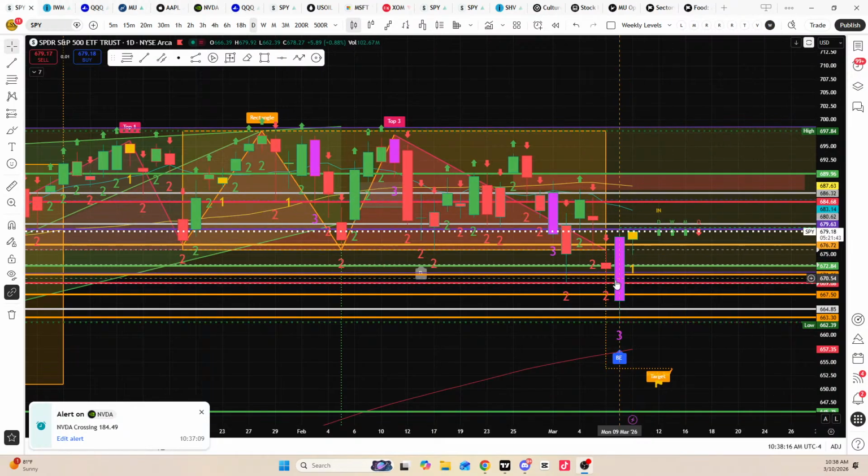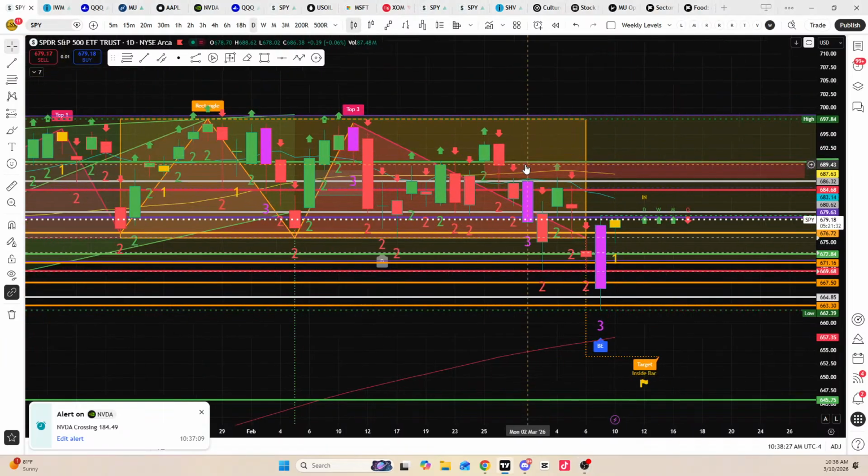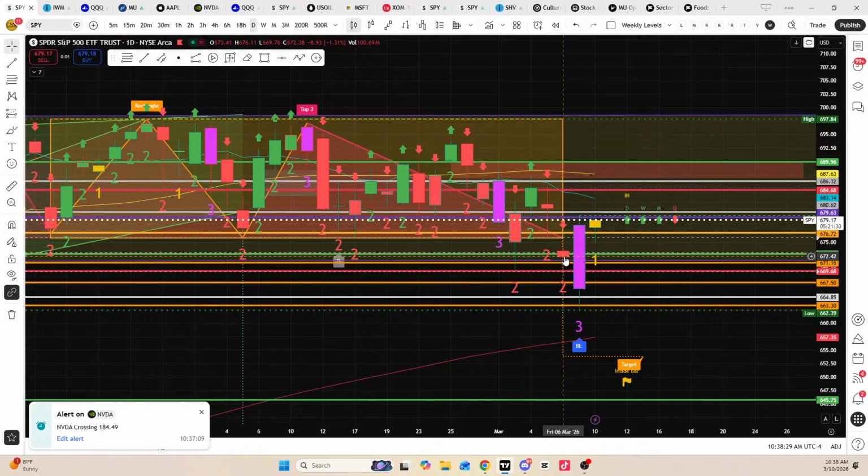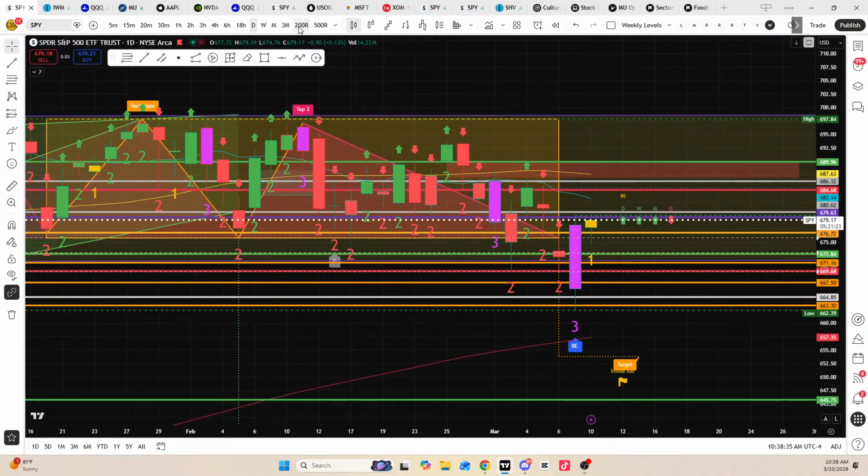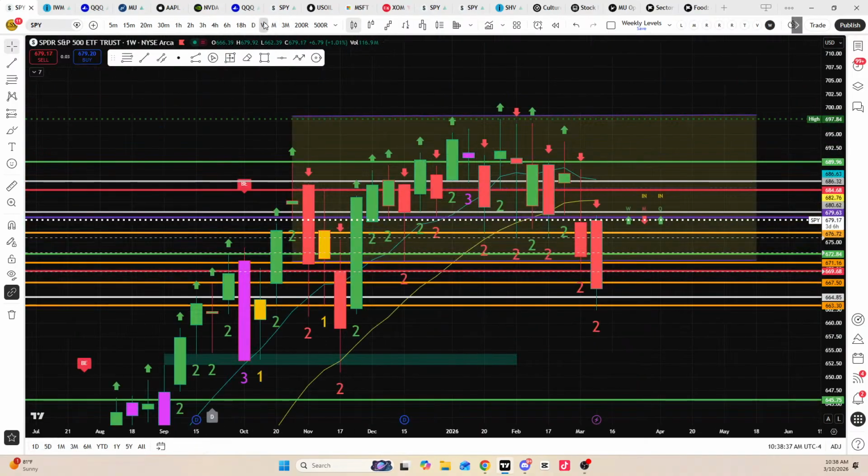This little bounce right here, this big old 3 bar you see right here, we were all the way down here. We came all the way back up after that tweet. And this is where we are now. Let's see if we put a 2-3-2 reversal in. On a daily, that means the 2 down, indecisive 3 bar, followed by a 2 up, that's usually a good signal for a reversal. That's one of my favorite reversal patterns.